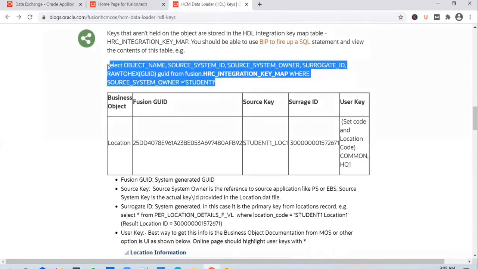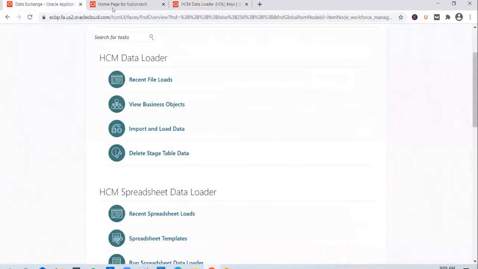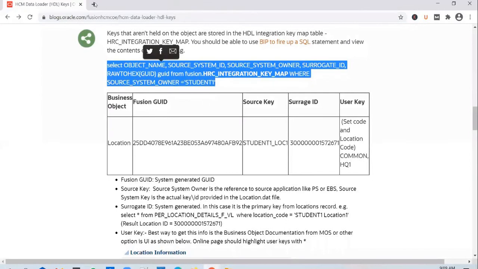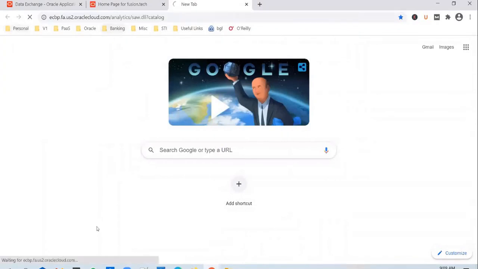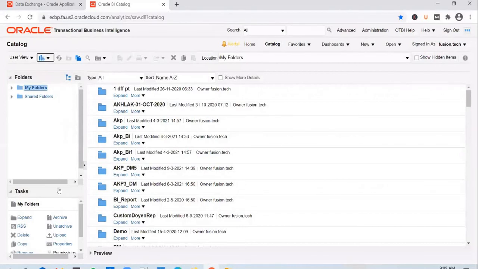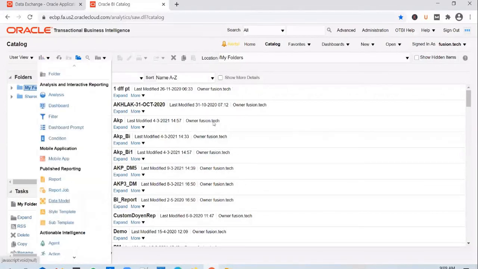Okay, so if you go ahead, copy this. Let's go to the reports work area. Let's create a data model.